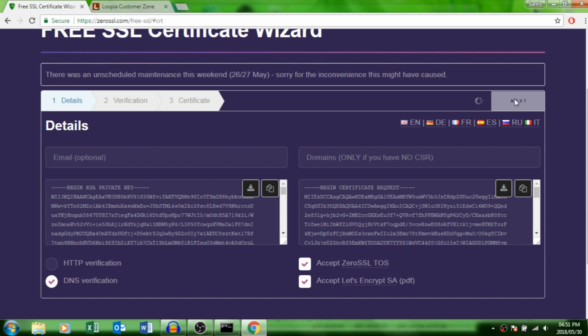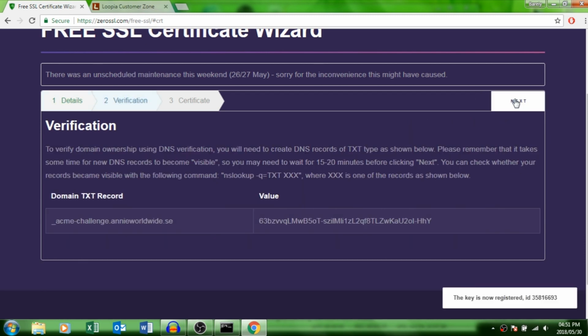Now, I'm using a company called Loopia to host my website, and basically what we're going to be doing is creating a subdomain with this name, and that is going to verify that we have control, or rather we are the owners of the domain that we are going to put the SSL certificate on. So if you go ahead and copy this Acme challenge, that is going to be the prefix of our subdomain,